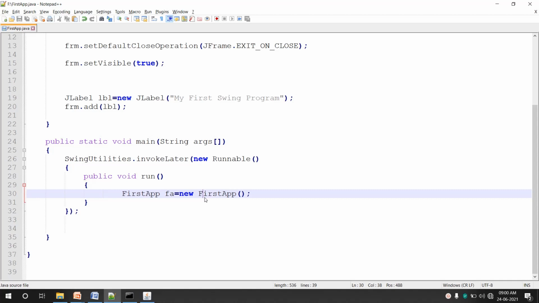However, the main function is executed on the main thread. Thus main cannot directly instantiate the GUI. The GUI is instantiated by creating FirstApp here.